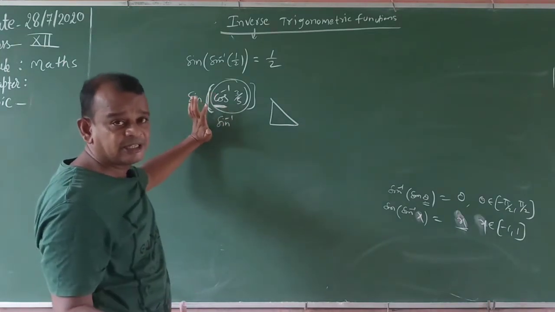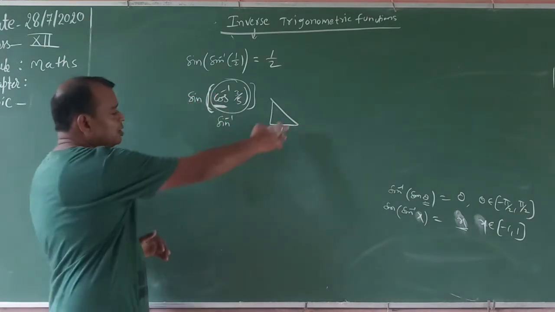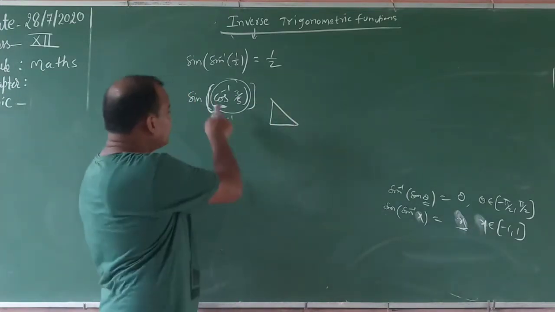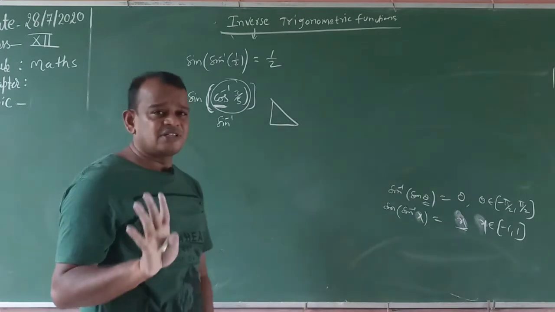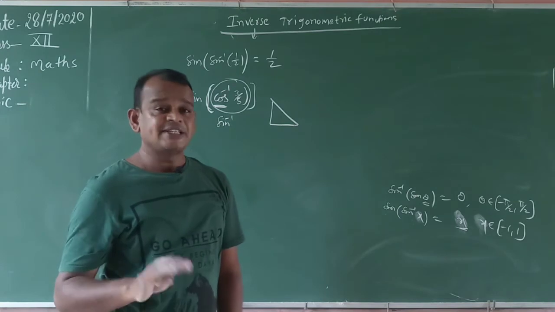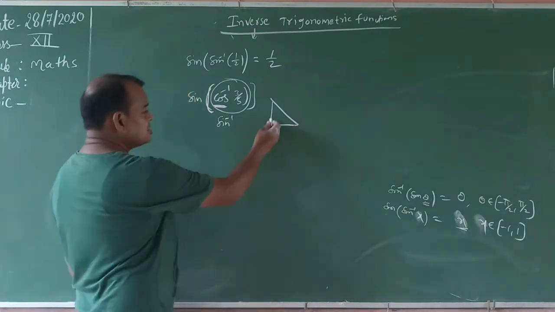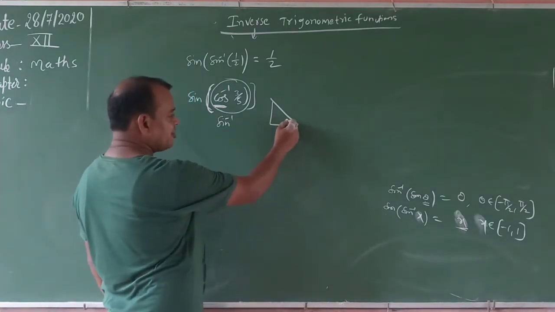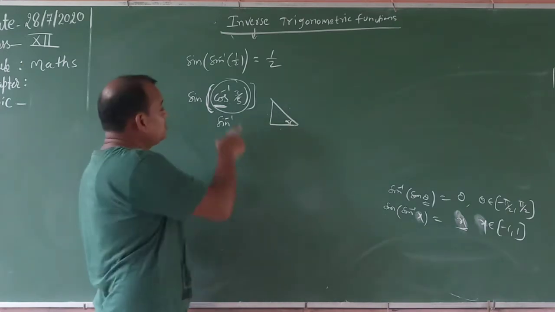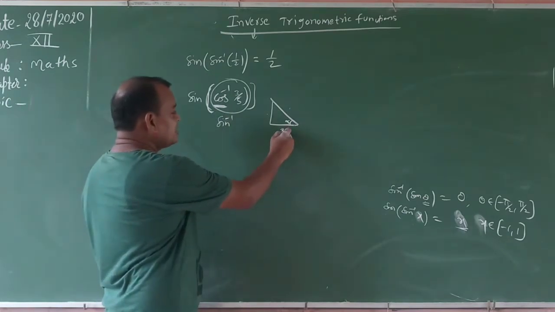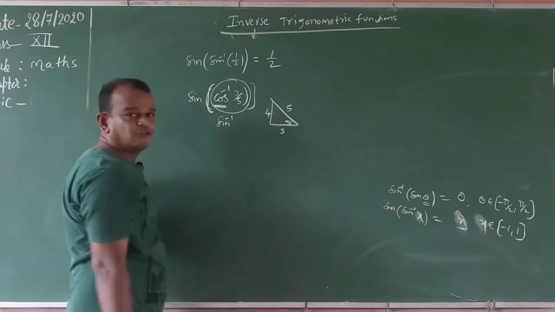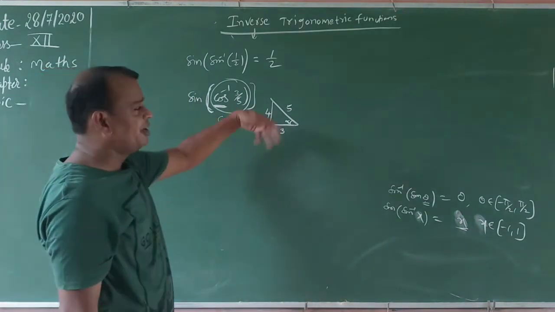How to change? What is given? First draw the right angle triangle. Cos or cos inverse is given. Keep in mind that is the cos function. What is the definition of the cos function? Adjacent side by hypotenuse. Suppose this is the angle theta or alpha, whatever it may be. This is the opposite side, this is the adjacent side, this is the hypotenuse. Cos means adjacent side by hypotenuse. Now the opposite side must be 4. From this you can find any trigonometric ratio.